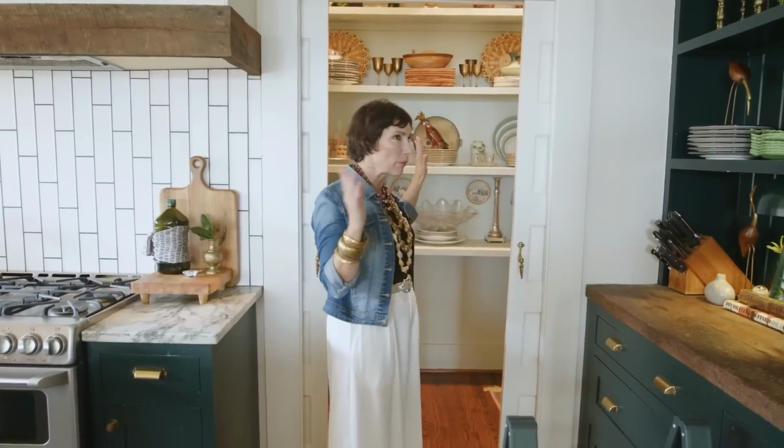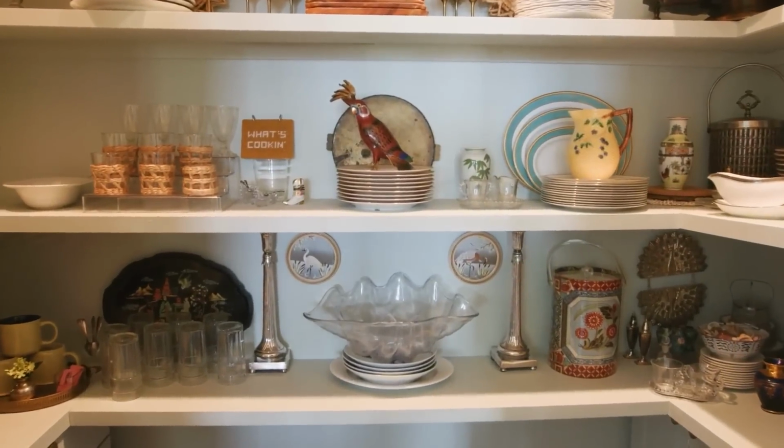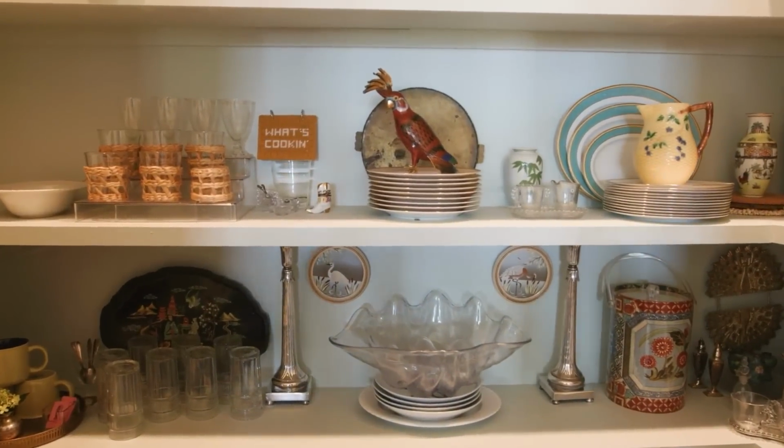And I actually read this article in Veranda, and it was talking about how they turned this kind of closet into a party closet. And I had this epiphany. I was like, what am I doing? Why are the spices out? The spices can go in the drawer, the Bisquick can go in the drawers. I was like, we've got to bring out all the things. And so I brought it all out, and I love it, and so now the doors stay open,